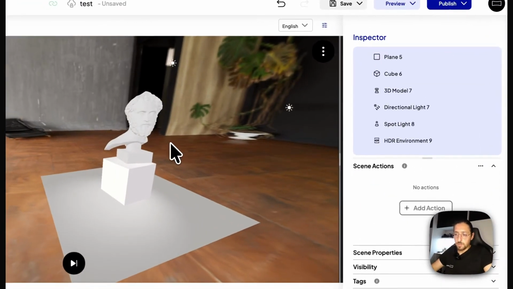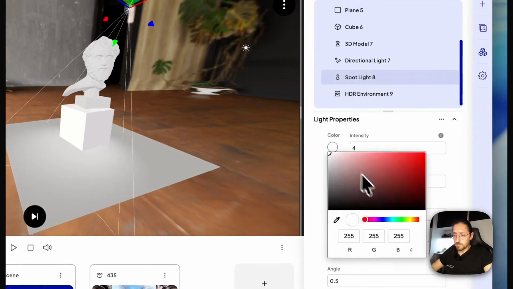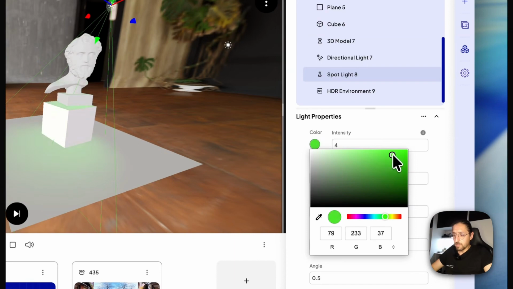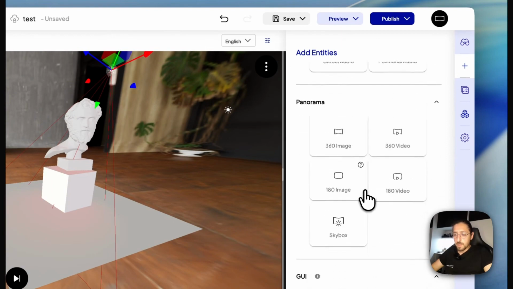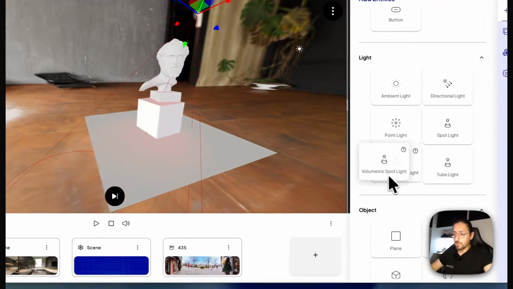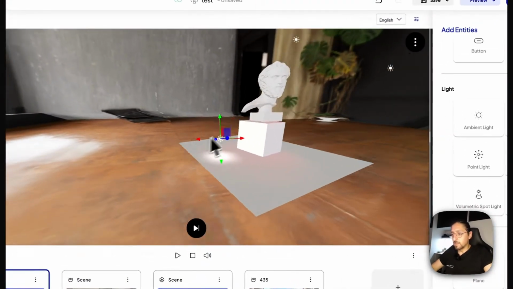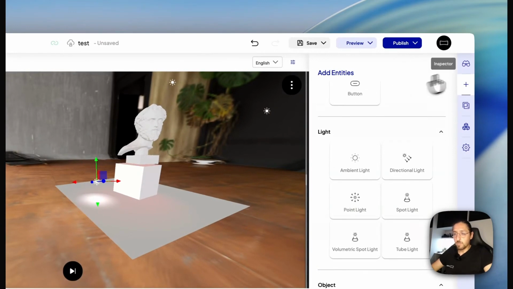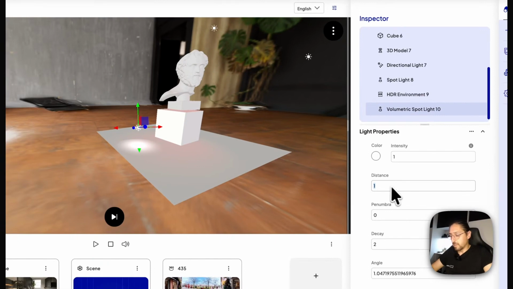And we also have some other interesting types of lights. I will just, for example, change the color of this spotlight for us to distinguish the other one I'm going to add. And in the lights, we have the volumetric light entity, which is also quite interesting because it's almost like the spotlight, but it has a volumetric part to it. So for example, if I increase the distance, you can see that